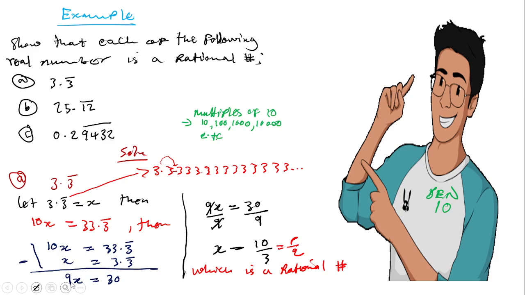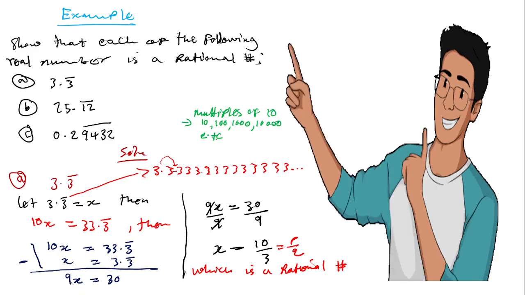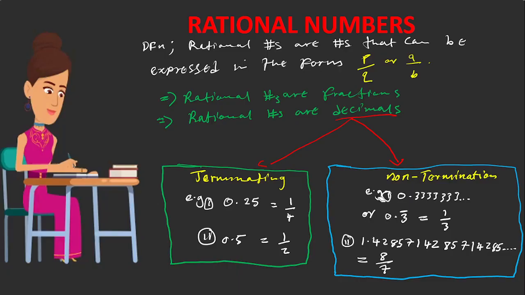Sammy, I'm confused where you got the 3.3 bar and the 9x is equal to 30. Okay. You haven't understood on that part where I was explaining terminating and non-terminating. So remember, non-terminating, they have repeated numbers. You get? Non-terminating, they have numbers that are repeating themselves. You get? Like in this case,